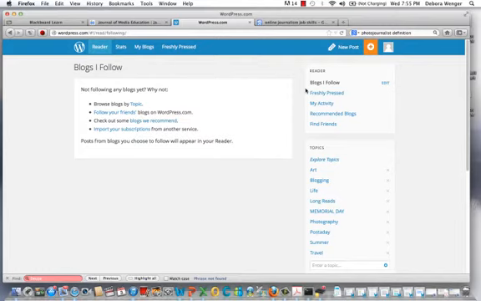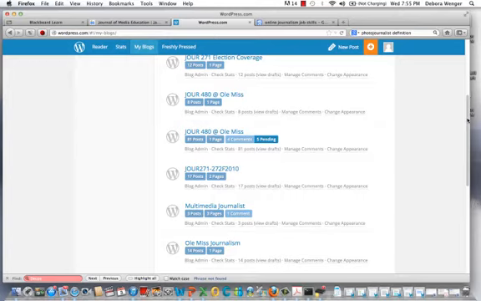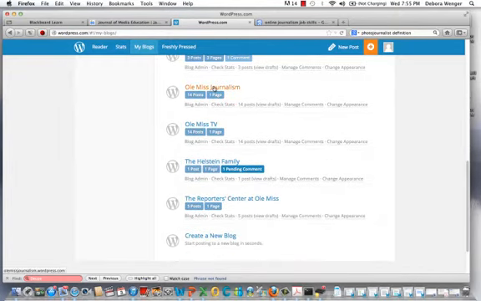So what I want you to do is go ahead and log in to your WordPress account, and you should end up on a page that looks something like this. You want to navigate to the little link in the upper left that says My Blogs. You all probably don't have as many as I do, but you want to navigate to Ole Miss Journalism because